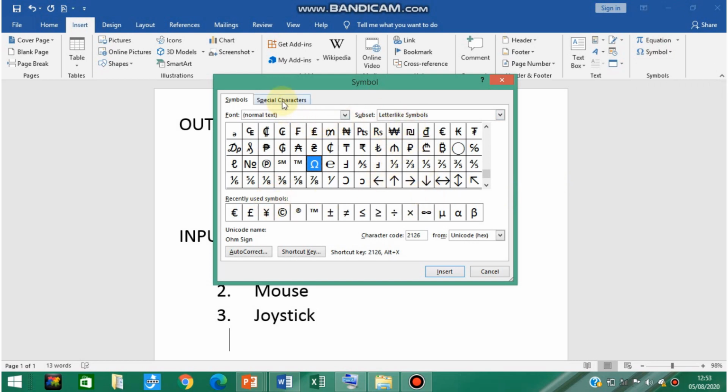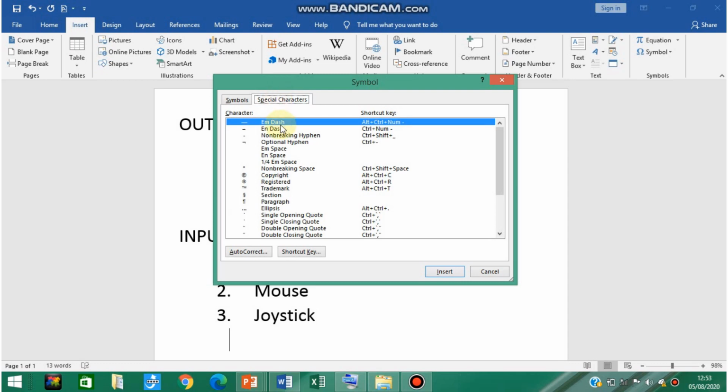By default you are in the symbols section. Beside the symbols section you will find one more section of special characters. Okay, click on that, and then the list of special characters appears on the screen.